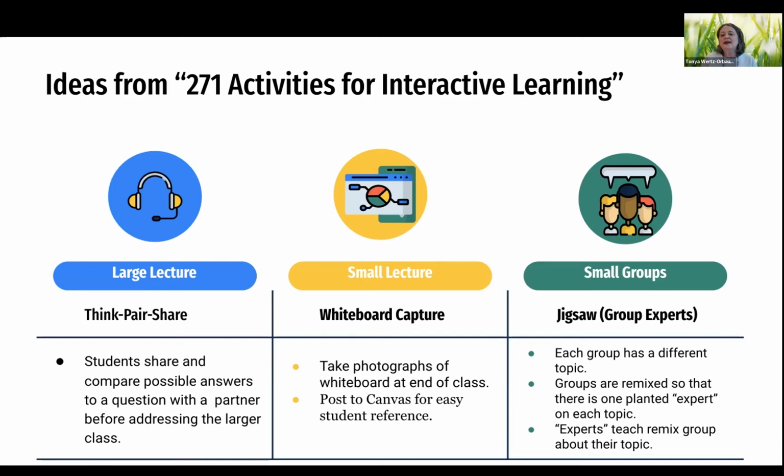For small groups, we like the jigsaw activity. So this is an activity that's maybe a little confusing at first to get students figuring out what they're doing, but as soon as they do, they're good with it. So the idea is you've got a lot of material. Let's say you've got 4 groups. So you're going to divide up that material among the groups, right? And each group has something different to focus on, since you divided it. So they learn the part that they need to learn, and then you remix the groups so that there's somebody from all 4 groups together in a new group.